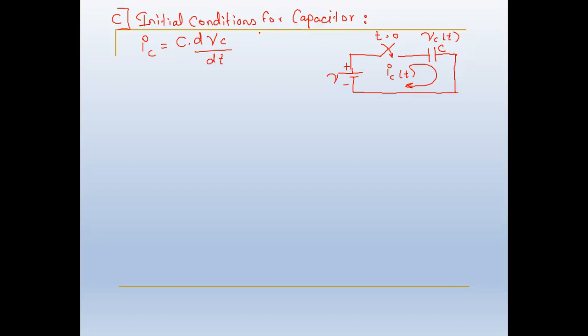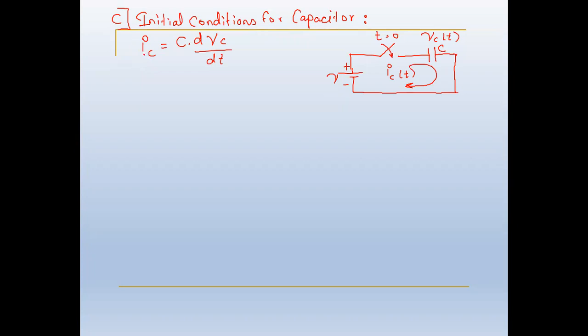And thus for the DC voltage, the capacitor acts as an open circuit. Are you getting my point? Once again, in the case of the inductor, we also defined an initial condition where the inductor was acting as a short circuit, but in the case of the capacitor, when the DC supply is provided, it acts as an open circuit.